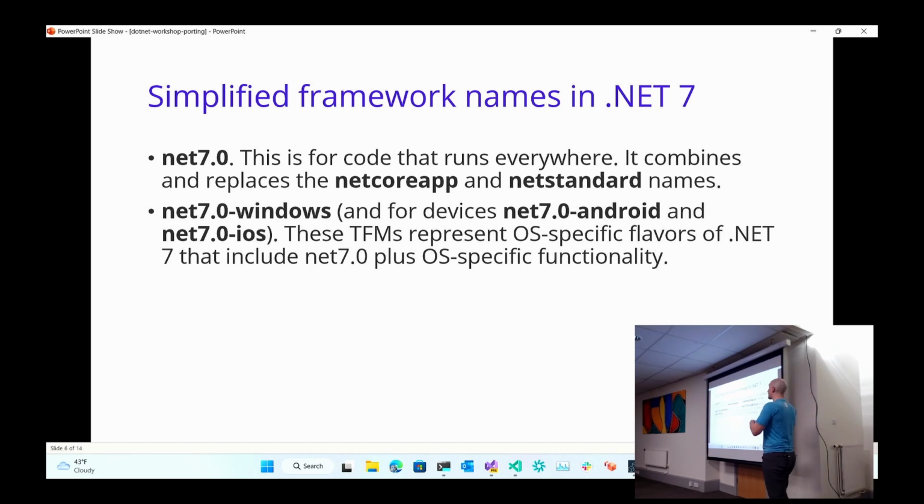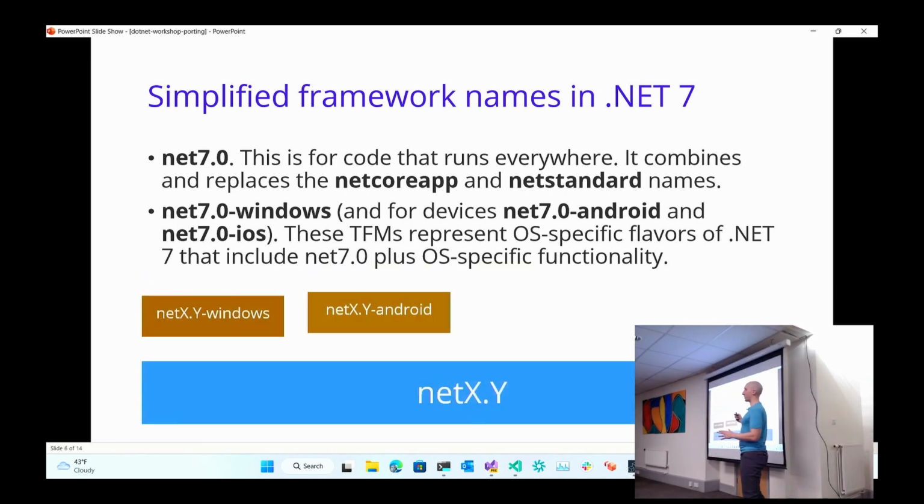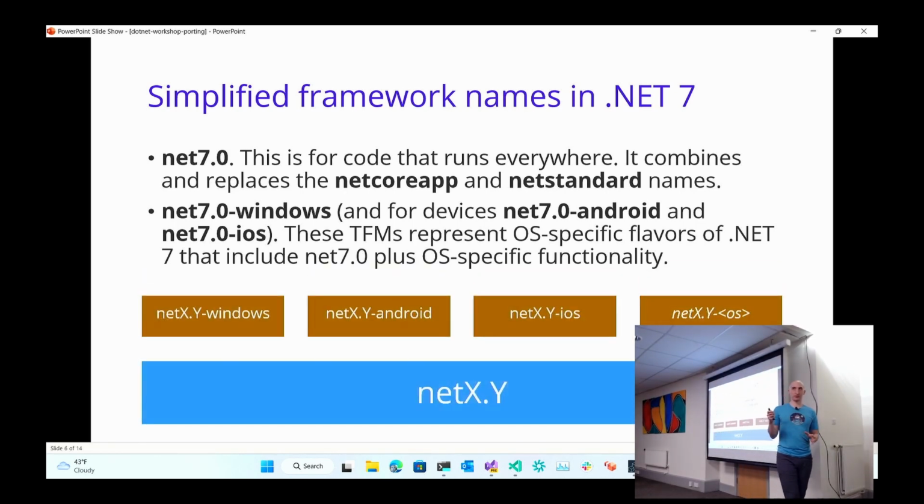After that, if I have specific operating system functionality that I want to light up, for instance Android, iOS, Windows, Mac Catalyst, whatever, Tizen, which is the operating system for televisions, you then add a dash and then what that platform is. And that's what a TFM is, Target Framework Moniker. What that does is help the runtime say, oh, you need these additional OS-specific bits for your application. That all make sense? Cool. Because if it didn't, there's a little illustrated representation of it.